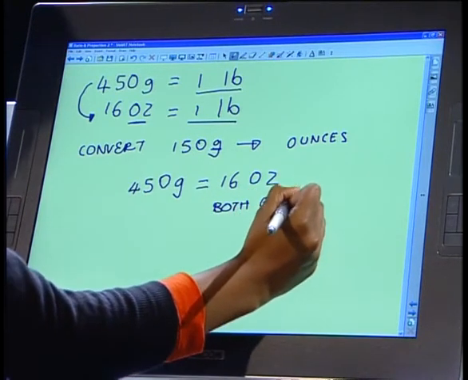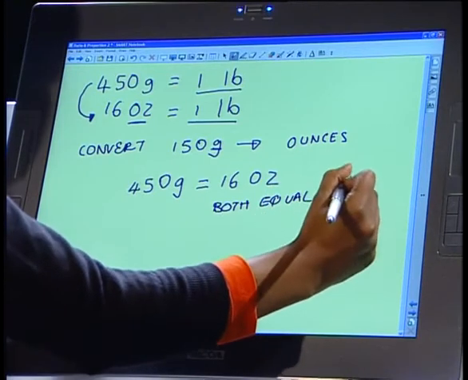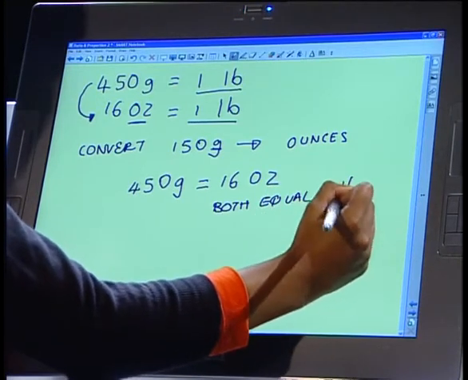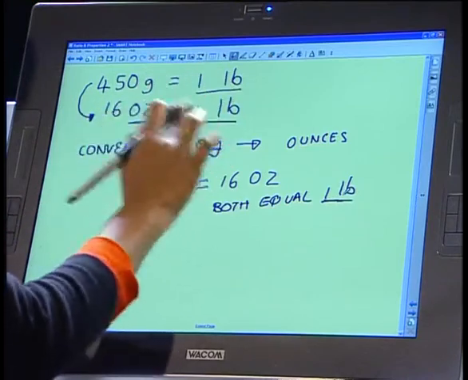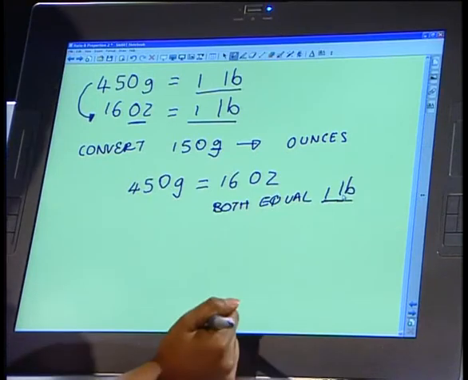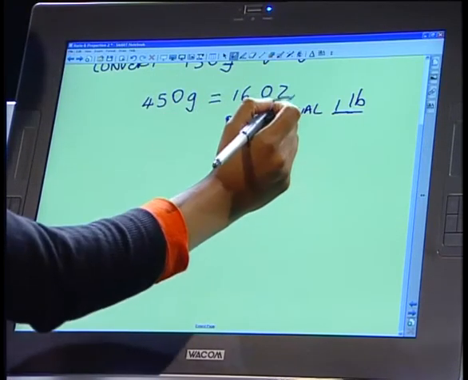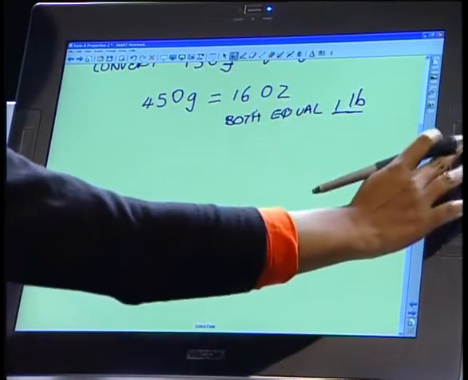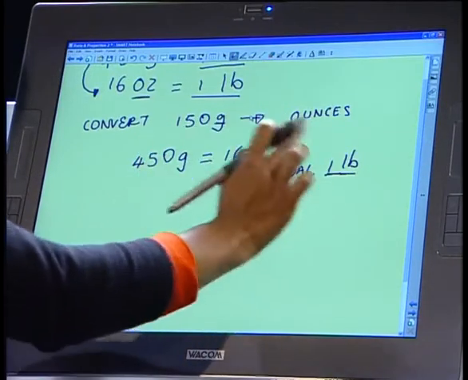So that means that 450 grams would equal 16 ounces because they are both equal to 1 pound. Okay, so if that's equal to that, that's equal to that, they must be equal to each other. All right, so if 450 grams is equal to 16 ounces, and we want to convert 150 grams to ounces,